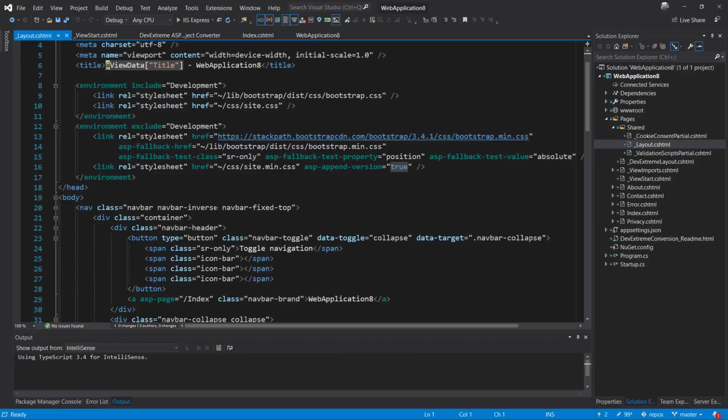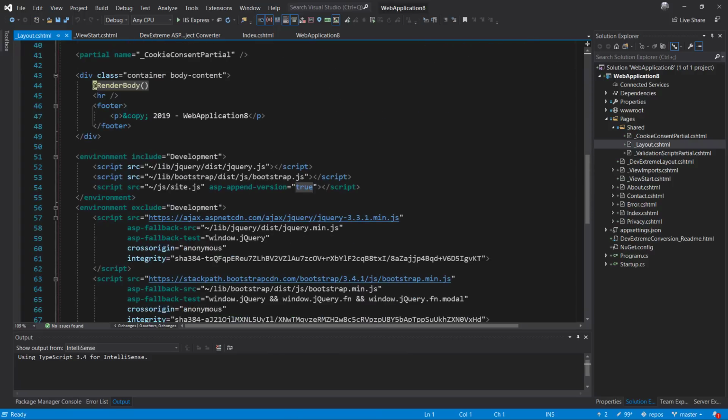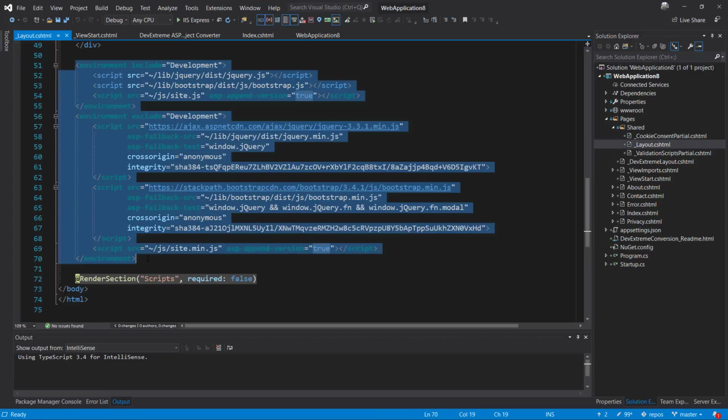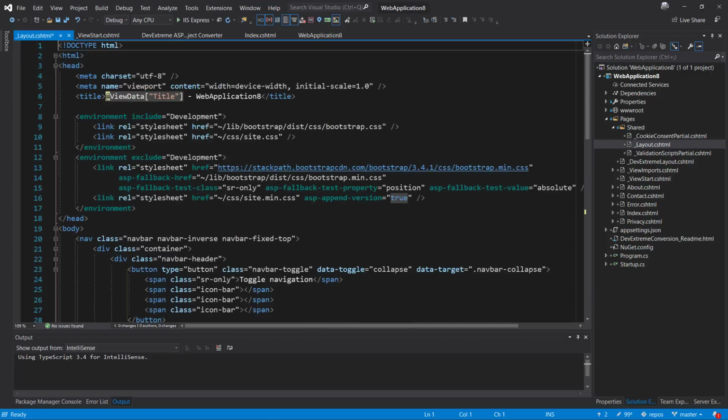There are a couple of things we need to do. First, we have a bunch of scripts which is rendered at the bottom of the page, and I know that according to best practices it is good to do it this way, except if you want to use DevExtreme, DevExtreme requires you to include all these resources in the head. Otherwise we can't render this stuff. So let me just cut it out of the page, move it to the head,